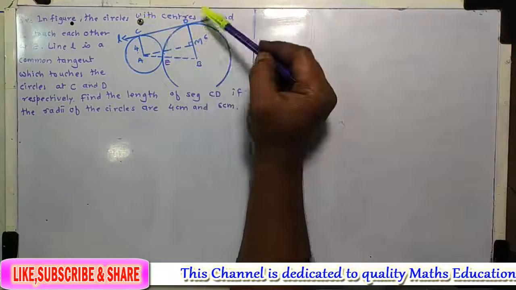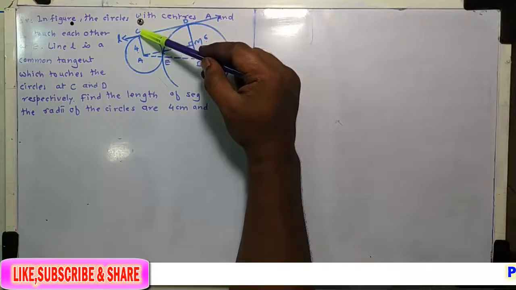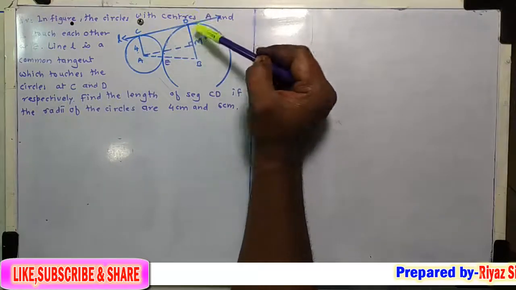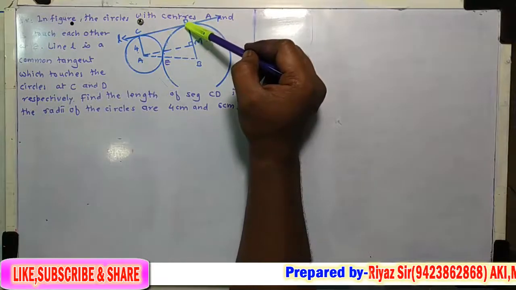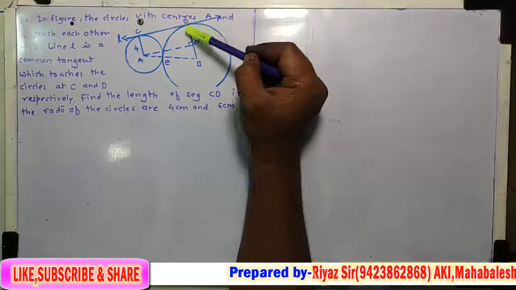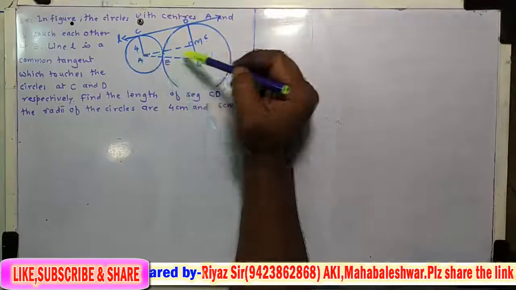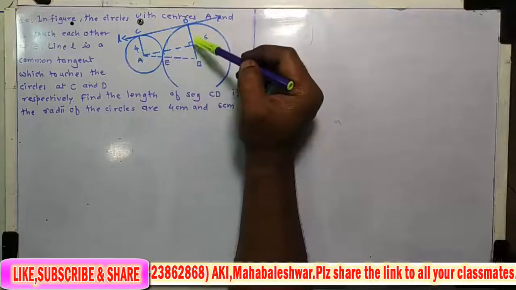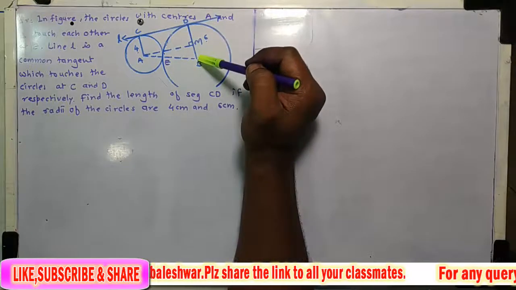Now this L is the common tangent and this AC is the radius through point of contact. So by tangent theorem, angle ACD is equal to 90 degree. Similarly here angle BDC is also 90 degree by tangent theorem. Okay, now we make here one construction. Join AB first, join AB. Okay, and next one is draw a perpendicular AM to the radius BD.